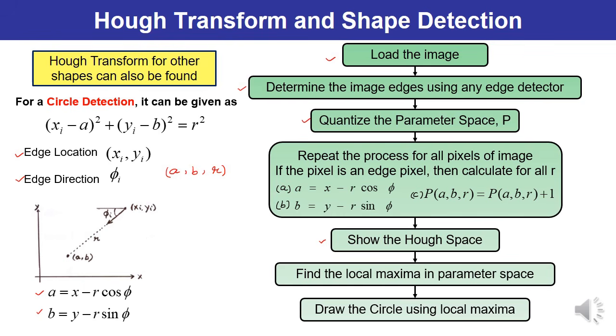The Hough transform is a very powerful algorithm. You must remember it. And this algorithm can be modified to fit, in general, any kind of shape having disjoint edge points. If you have a shape like a triangle, rectangle, anything, and there are one or many disjoint edges, then the Hough transform can be modified accordingly and the edge points can be calculated.